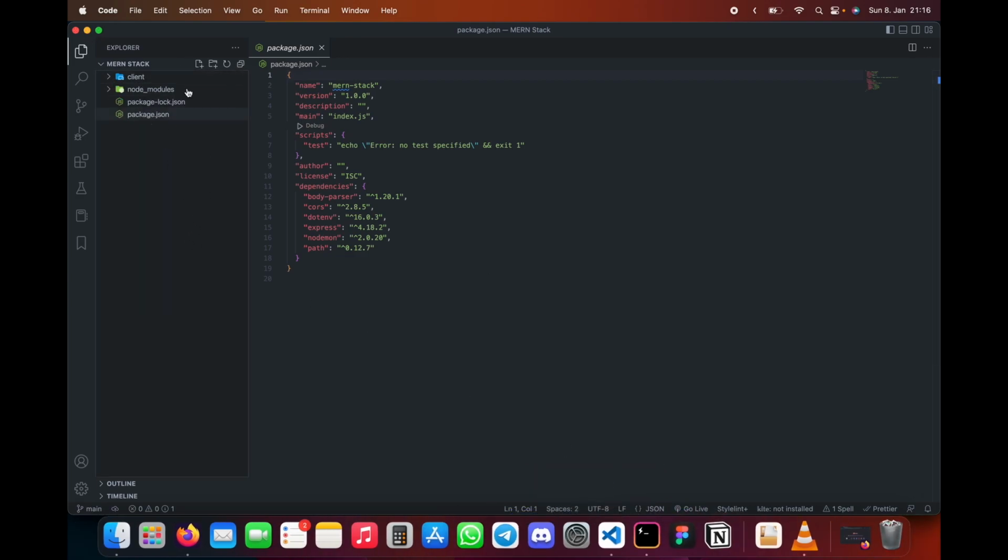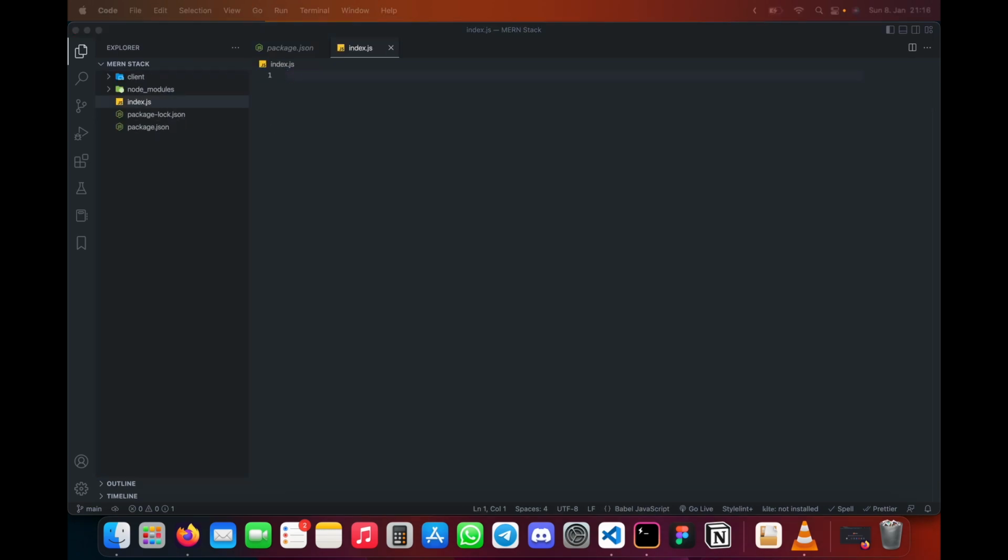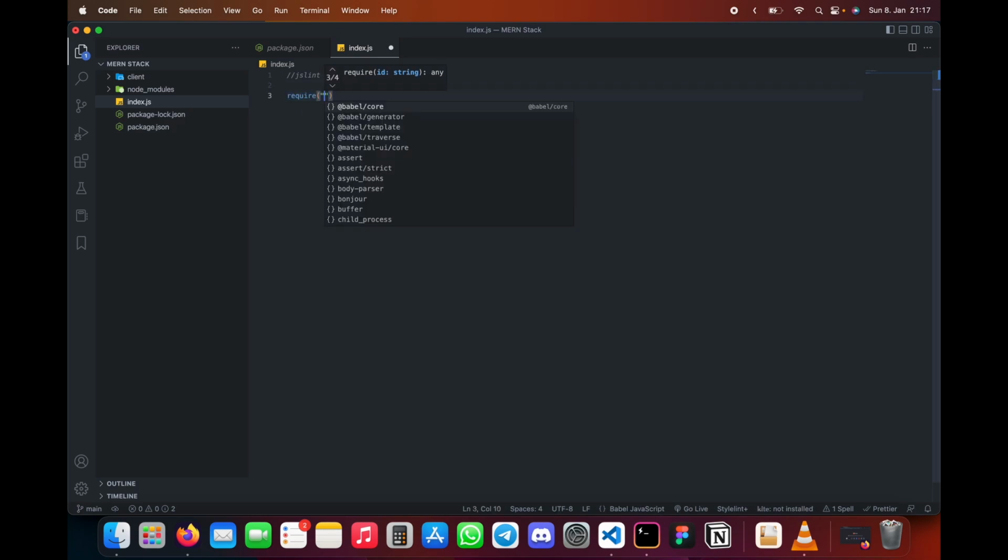Now what we will do is create a new file called index.js, and we will start writing our backend first. For that, I will start here with the JSLint version, because otherwise it will keep giving us certain errors. So we need to put this, and then we will start with require dotenv